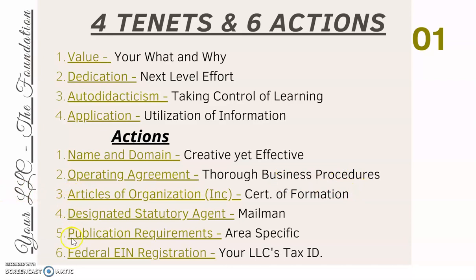Number 3 through 6, that's what we're going to be doing with the state, specifically whatever state that you're in, which we'll be filing our articles of organization or the articles of incorporation. Just varies depending on what state you're in, which are basically just your certifications of formation with the state you're in. Choosing your designated statutory agent, that's basically the mailman,